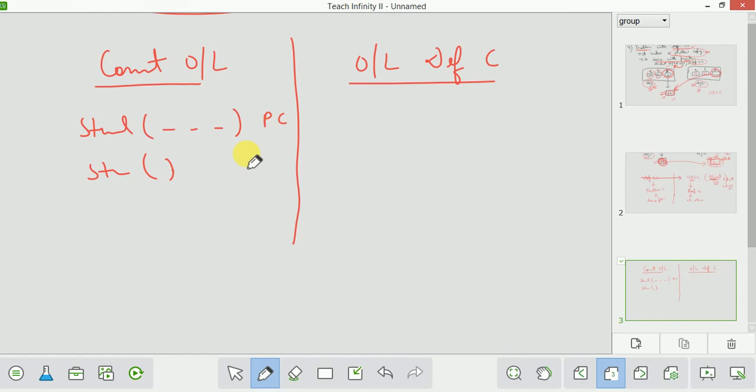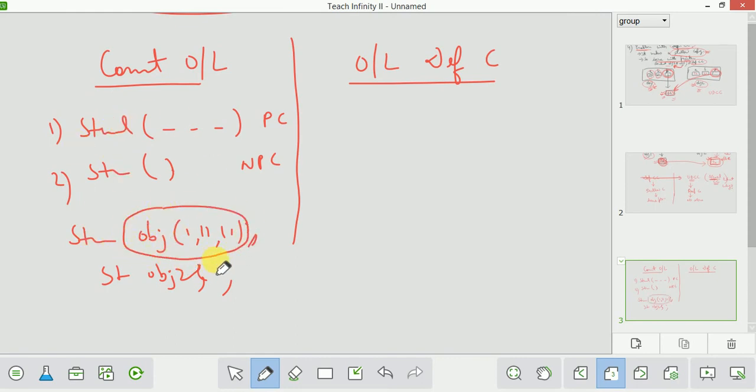Why are we doing this? So that we can create objects like this: student object 1, and student object 2. That's it. We do constructor overloading so that we can create objects in these two manners.